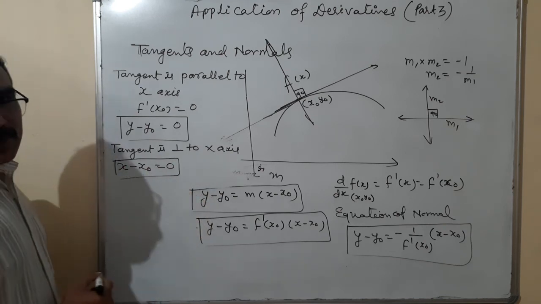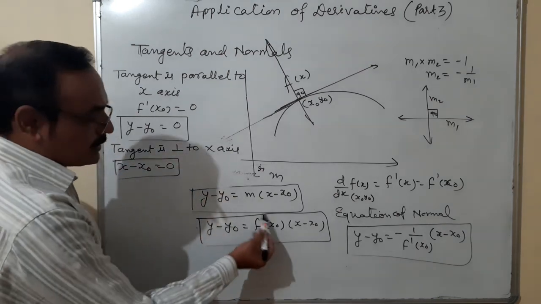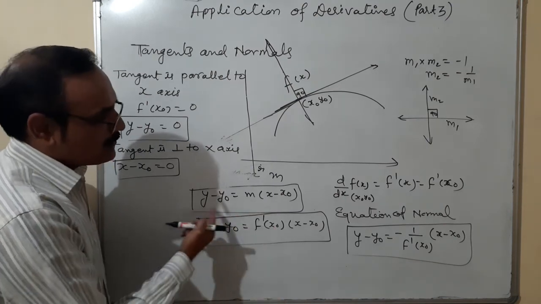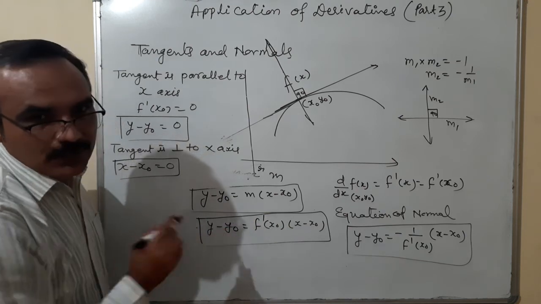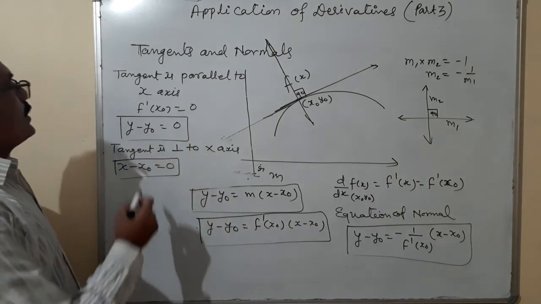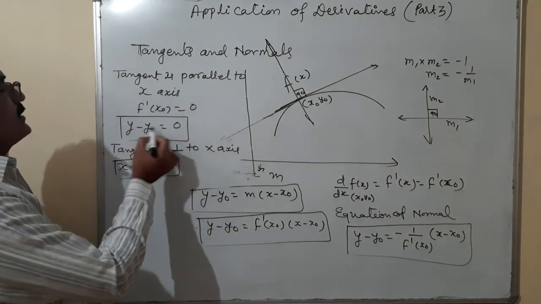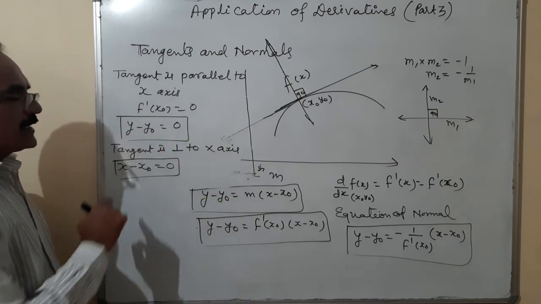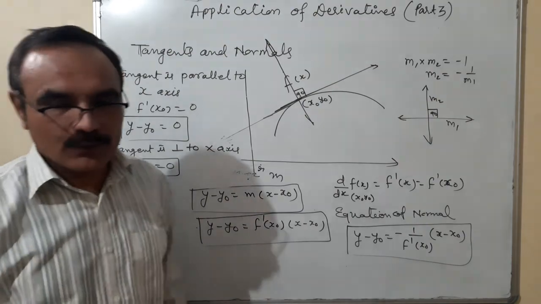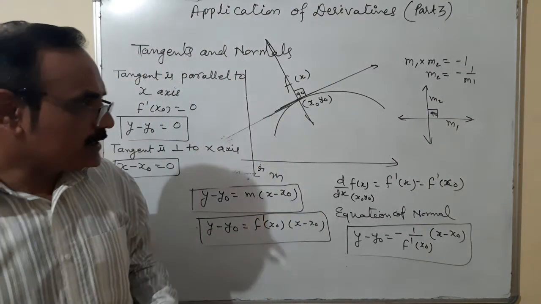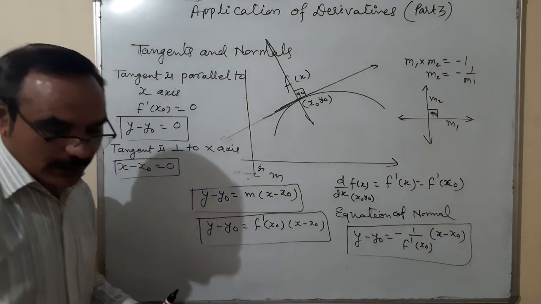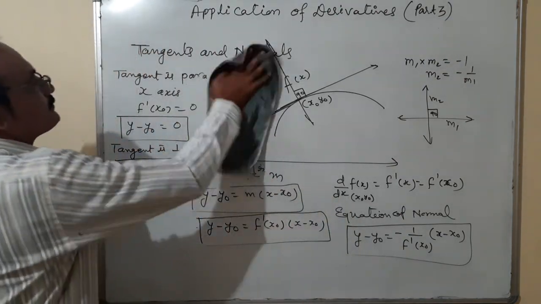Okay. So remember these two special cases. It is infinite, that means 1 upon 0, or any term upon 0, will be shifted here: x minus x0 is equal to 0. So if the tangent is parallel to the x-axis, y minus y0 is equal to 0, and perpendicular to the x-axis, x minus x0 is equal to 0. These concepts will be used in solving questions of this exercise 6.3.